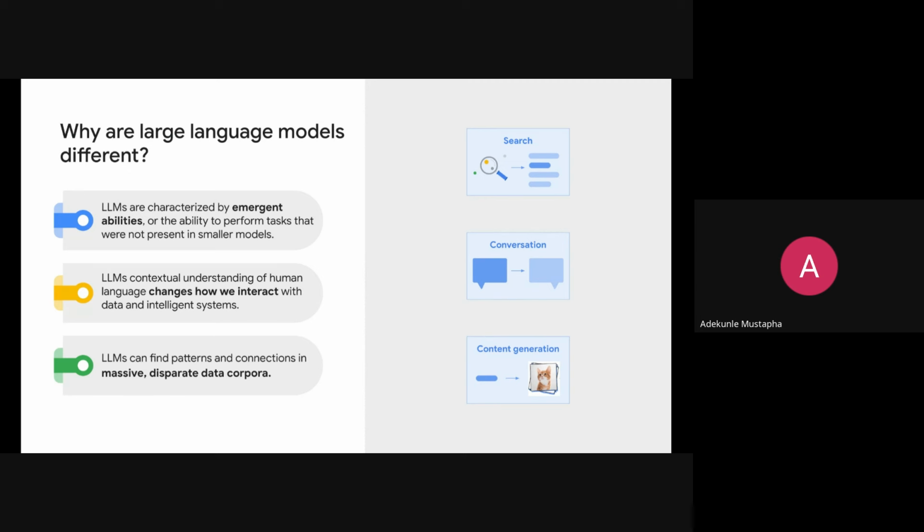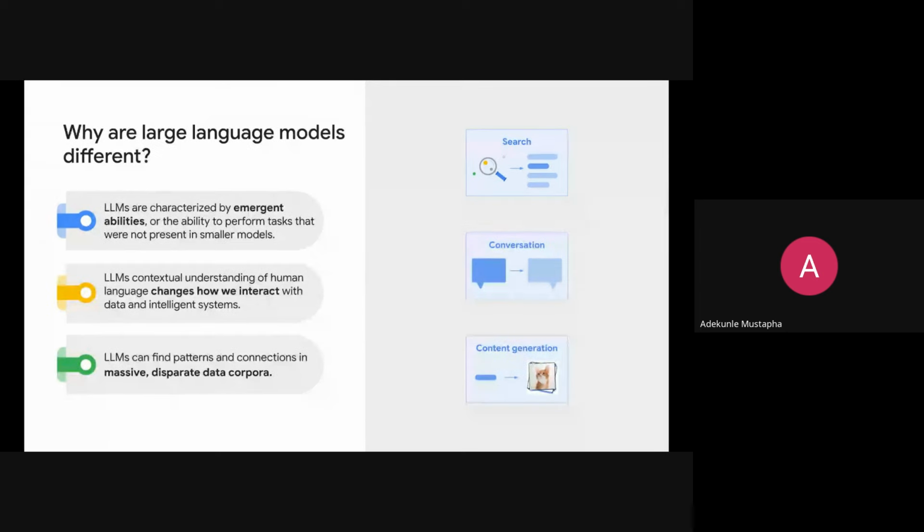It's more than just forecasting, more than just regression, more than just statistical analysis. Now with LLMs, we can find patterns and connections in massive and dispersed data sets.